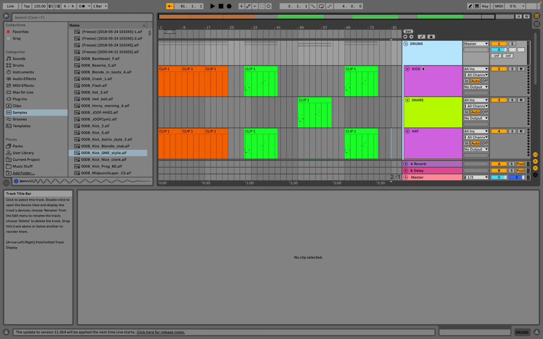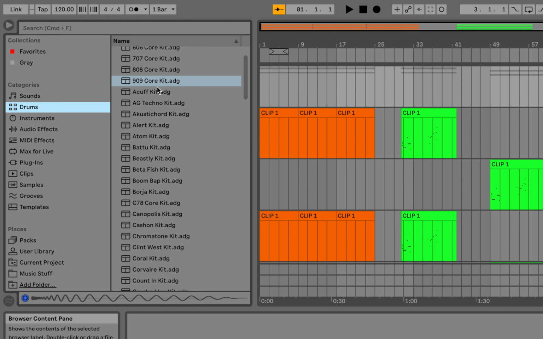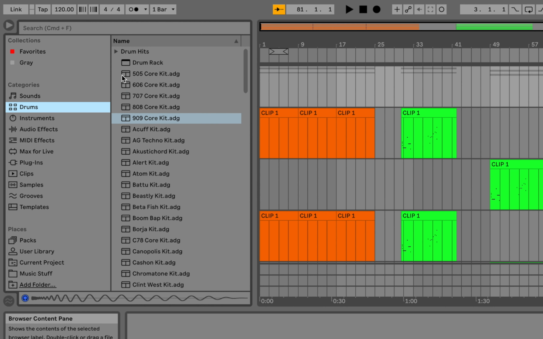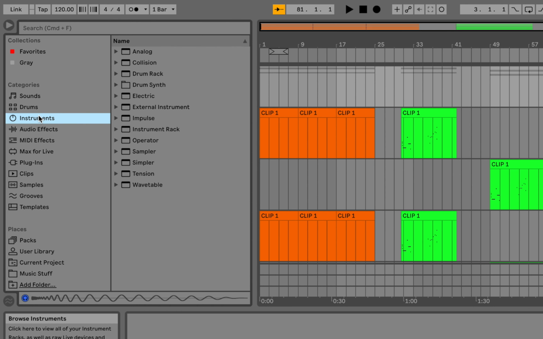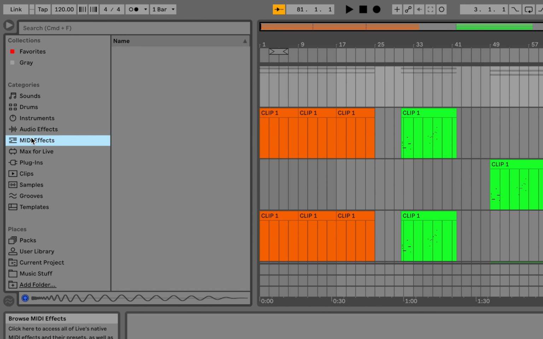So first off, on the left-hand side in the browser, we've already explored the drums area where it has a selection of drum instruments. We also have this instrument tab where we can select some additional instruments, whether it's a synthesizer or some type of a sampler device. Under the audio effects is where we're going to be provided a list of all of the ways that we can manipulate the audio coming through the channels. Below that we have MIDI effects,